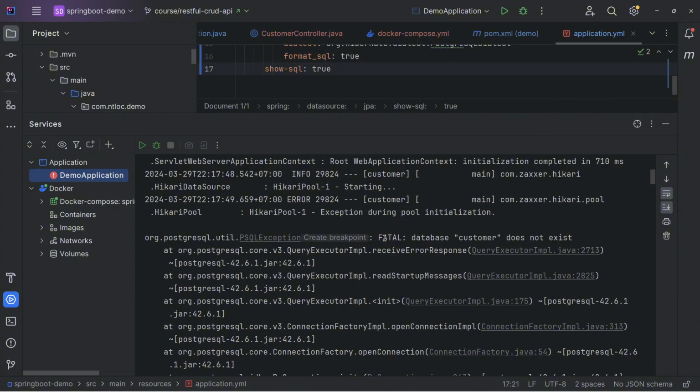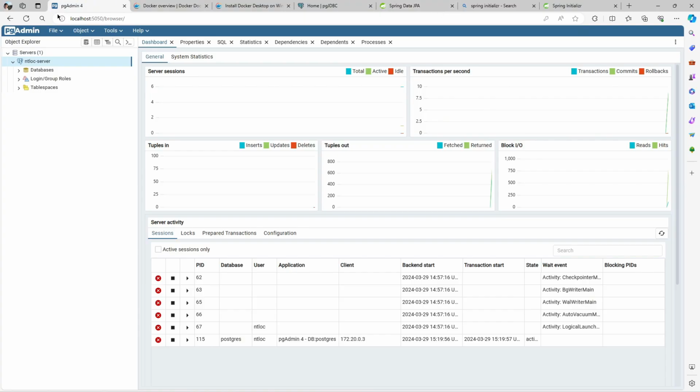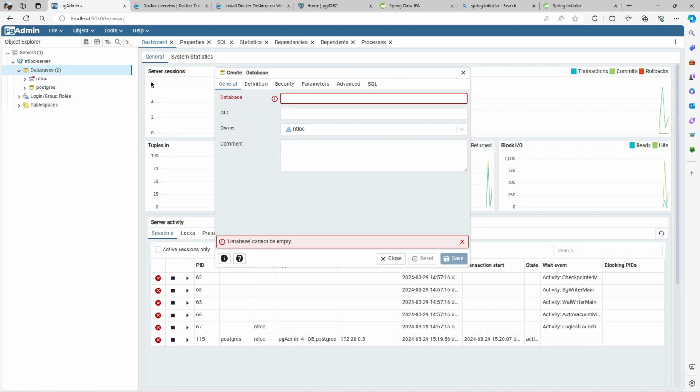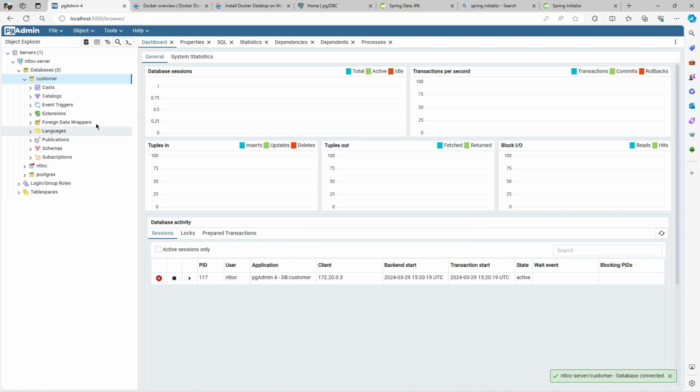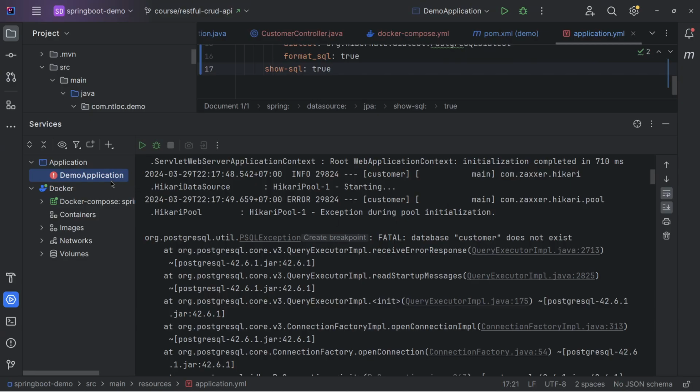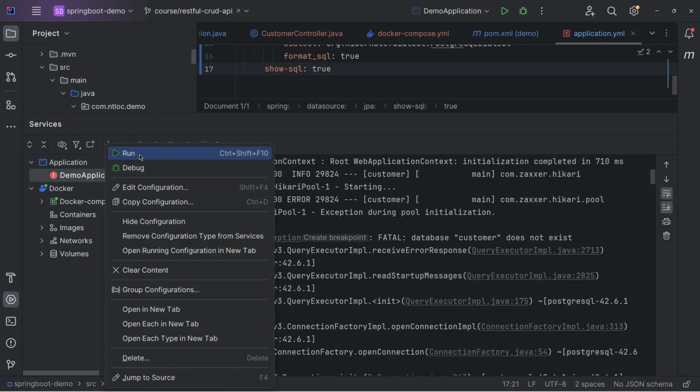Oh, okay. The run failed because the database customer does not exist. What we are going to do is go back to pgAdmin in here, and in the database, I would like to create the database customer. So you can see here now we have the customer database. Let's go back to IntelliJ and run again.